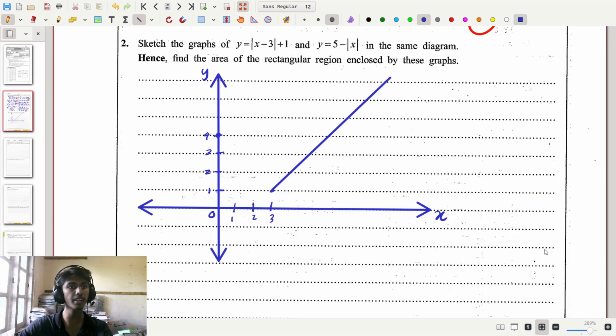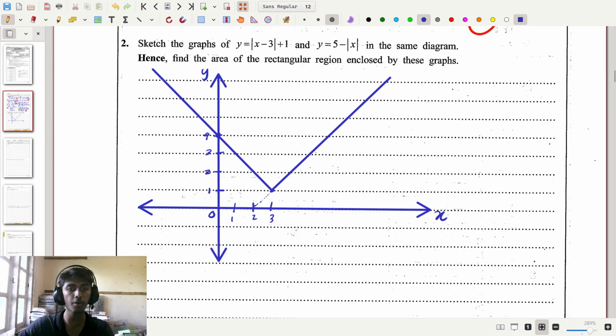Now for the other side, since we have this point at 0, 4, we can just draw the graph from that point onward like this, through the point at 0, 4. Now therefore, this right here is going to be the graph of y equals modulus of x minus 3 plus 1. Now we could, if we want, just extend this a little bit,